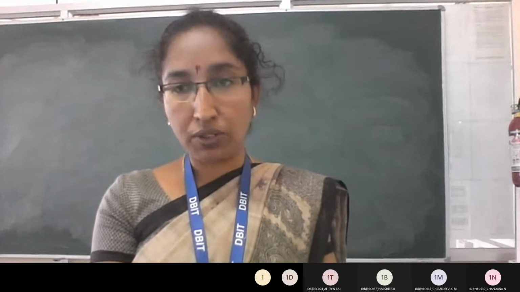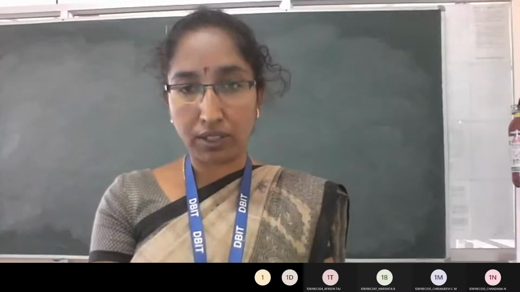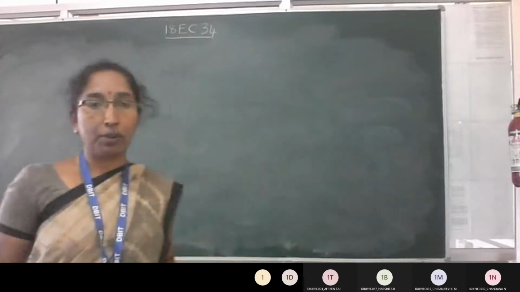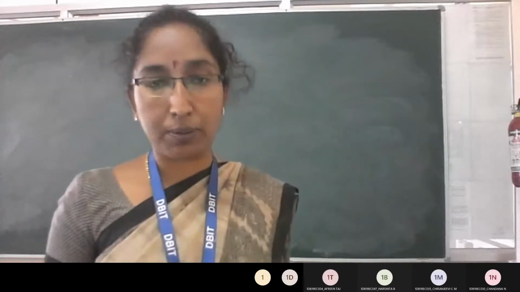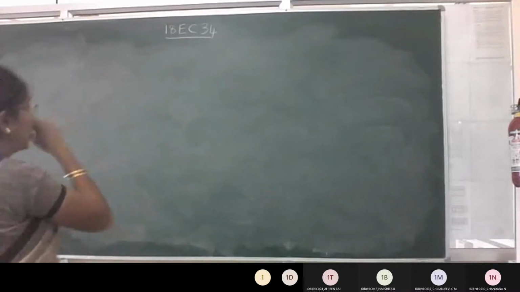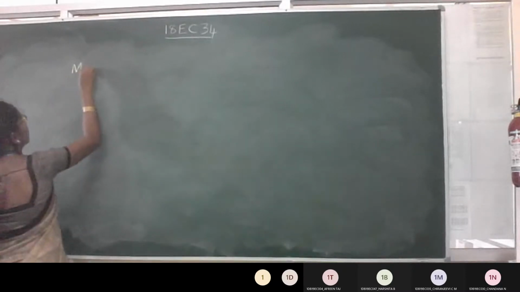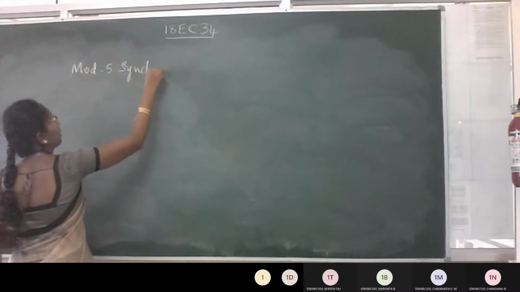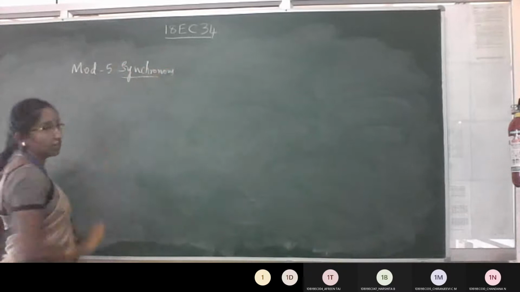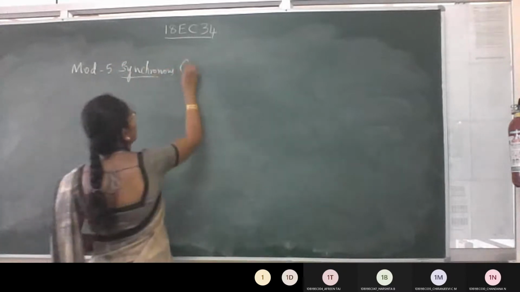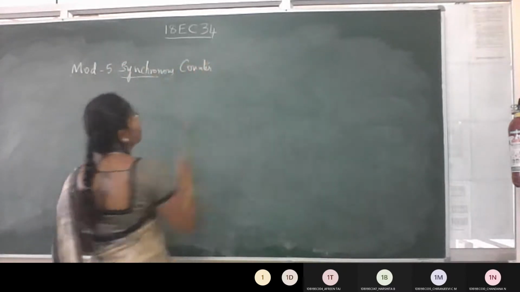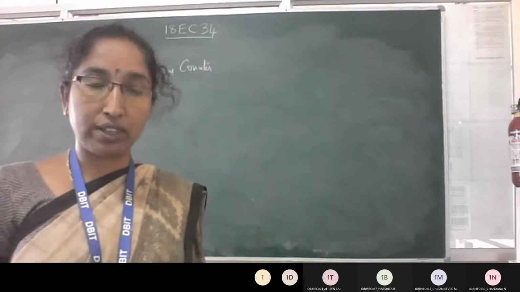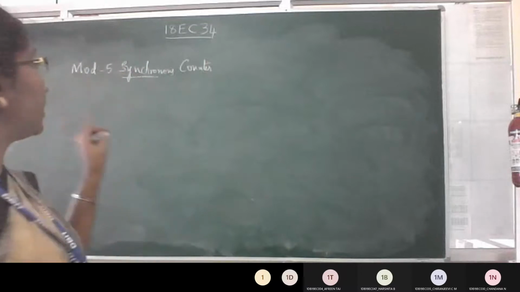Next, coming to the counter design, before going to design any counter, you should know the excitation table, or I can say the application table, of all four flip-flops: SR, JK, D and T flip-flops. That is the one thing in module 4 that is very, very important. They'll ask you to design a modified synchronous counter. Most of the time, by default, they'll ask you synchronous only, and they'll specify one of the 4 flip-flops, either SR, JK, D or T. If they are not specified, design a modified synchronous counter.